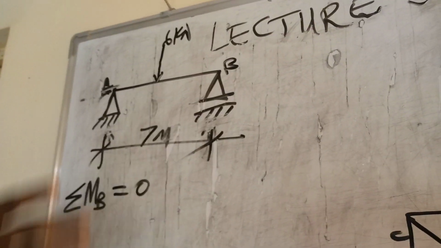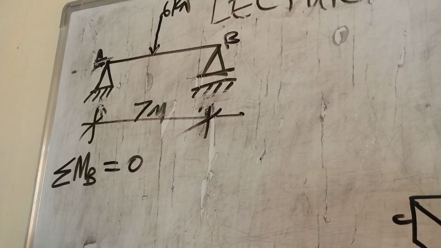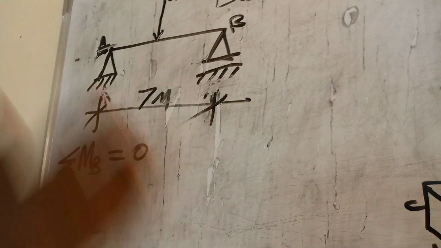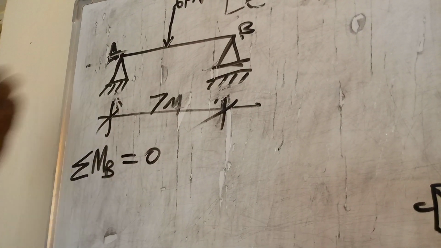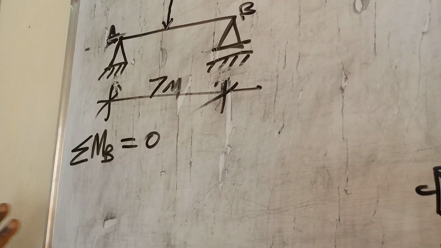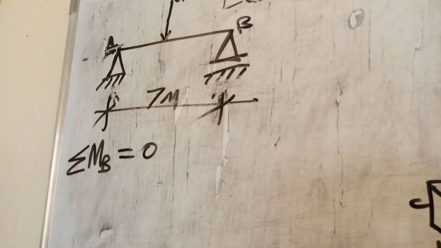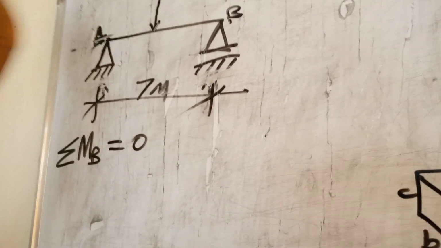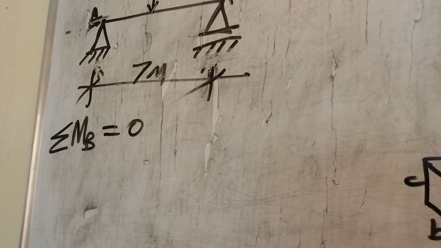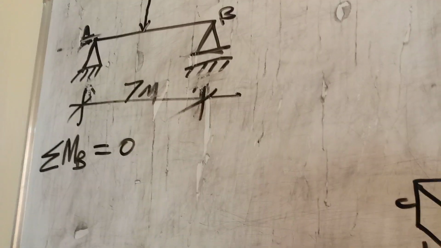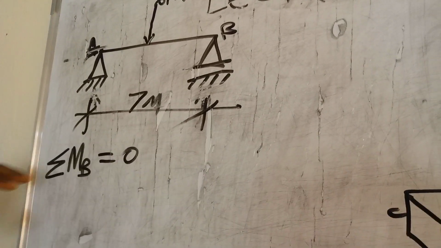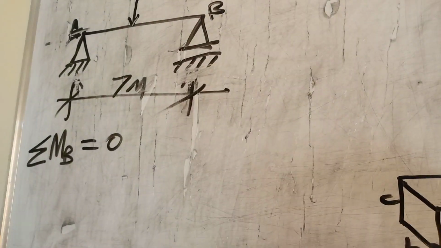Because if the total moment is not in equilibrium, that means the structure will be turning. It is the applied moment versus the resisting moment, and the two of them must be equal, which implies that algebraically the total moment will be equal to 0 for the beam to be in equilibrium. So for support B to be in equilibrium, the total moment about support B should be equal to 0. That's just what I've written here. So to get the total moment about support B,